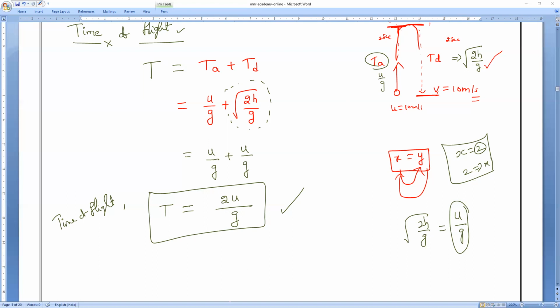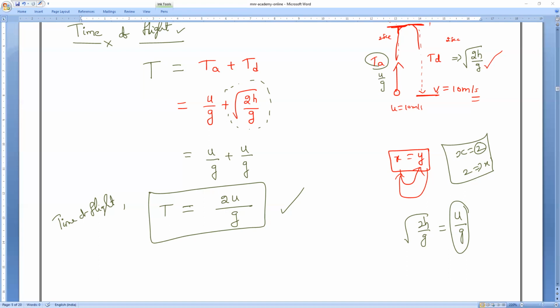Write the definition first. Time of flight. Time of flight is the time for which a body remains in the air and is given by